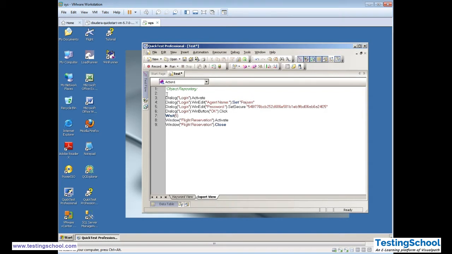Now for launching the application, see, we are not launching, we are just activating. How do we launch it?